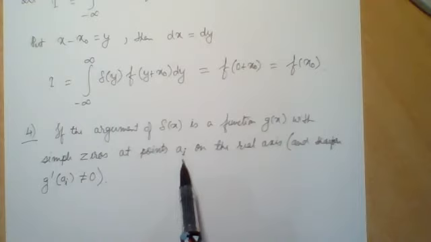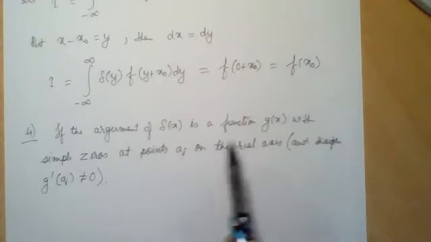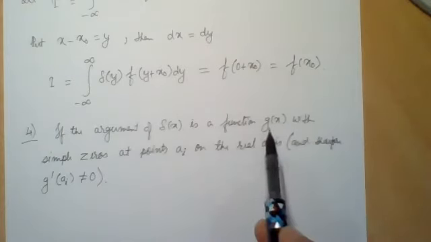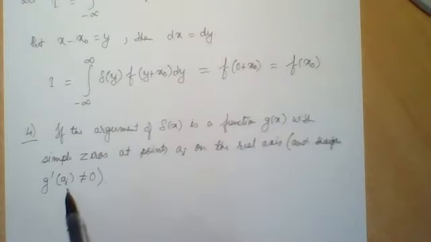So ai represents all those simple zeros. At the value x equal to ai, the function g of x becomes 0, but the first derivative of the function at the point ai is not 0. Higher order derivatives are 0. Okay. In such a case,